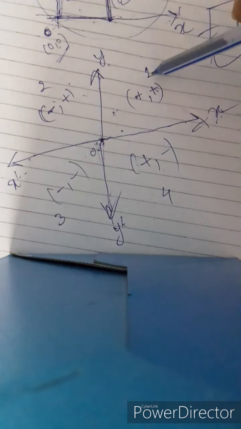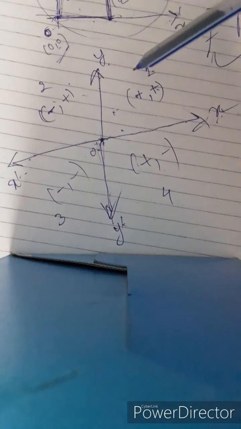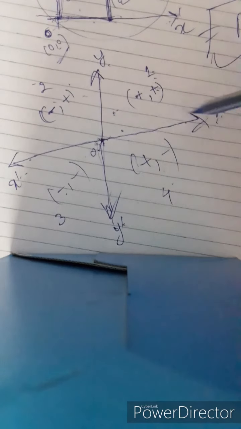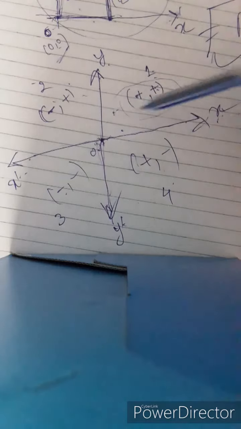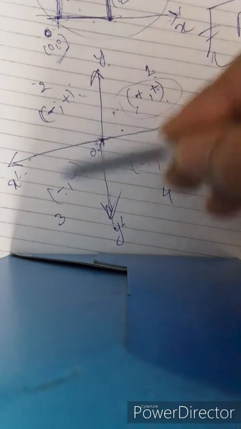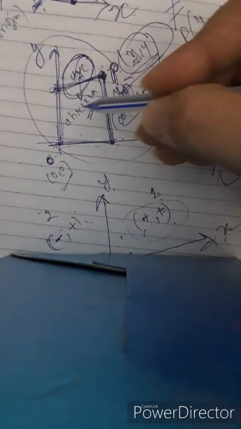Starting anti-clockwise, we are going to take the quadrants in order 1, 2, 3 and 4. So we can check by sign convention what is the sign for the abscissa and ordinate points. This is plus plus, this is minus plus, this becomes minus minus, this becomes plus minus. Again I'll repeat the concept of abscissa and ordinate.